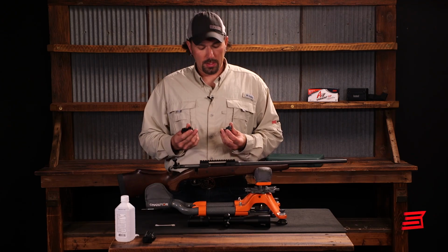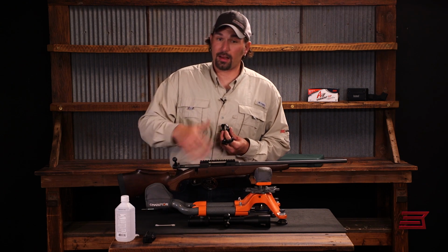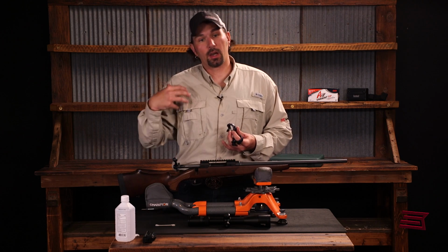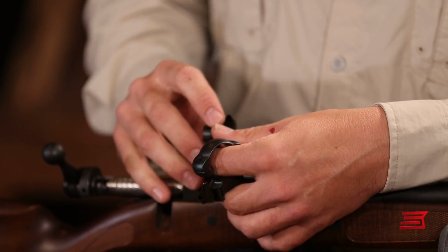I like to always point any mounting screws on my rings to the side of the ejection port and bolt. I've already got a lot of stuff hanging off the front of the rifle. I want this back nice and smooth so when it's slung that it can ride comfortably without anything poking me in a funny spot. At this point in time, we can just back these screws out